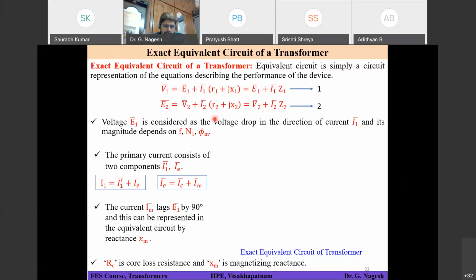Is anyone trying or not? Trying. On the extreme left you should have voltage V1, after that some resistance and reactance drop should be there, after that windings, and after that the secondary circuit.